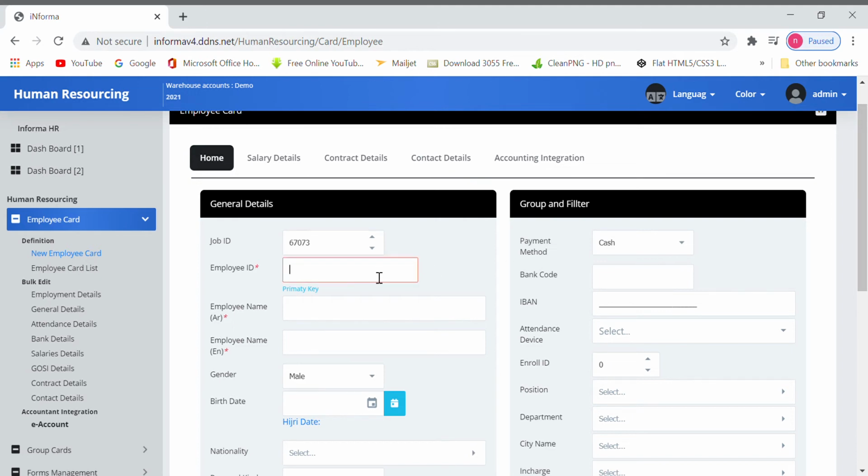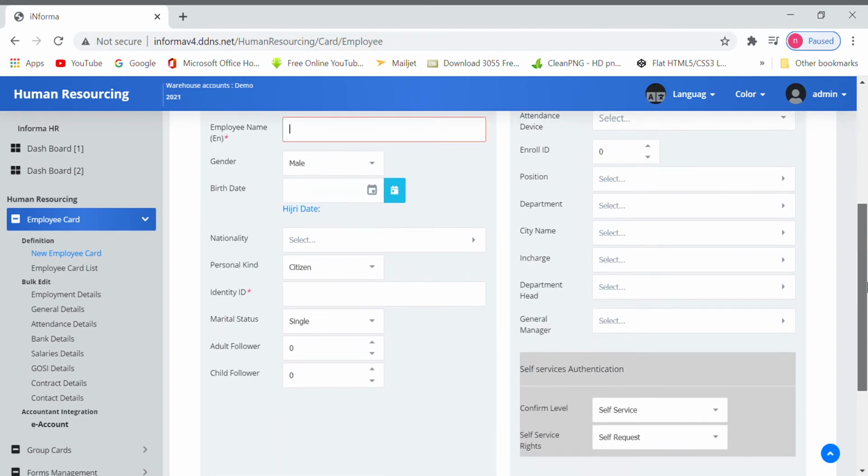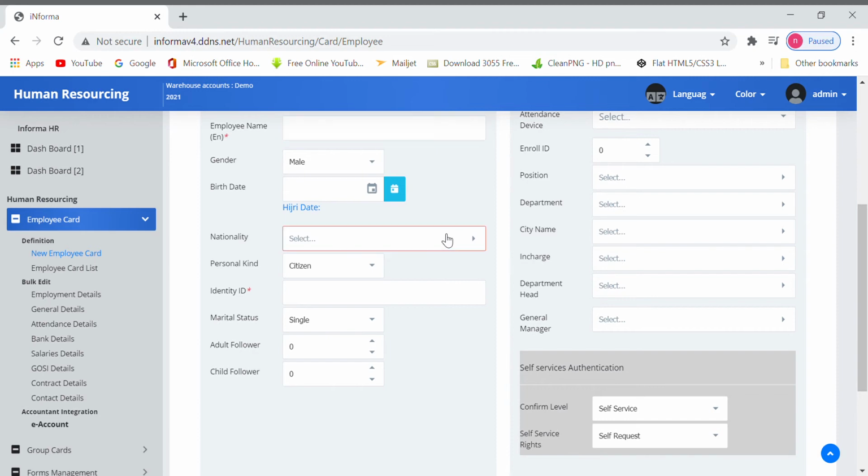In employee ID we have to insert the employment ID, employee name in Arabic, employee name in English, gender, date of birth, nationality, and which kind of person the employee is, citizen or resident.